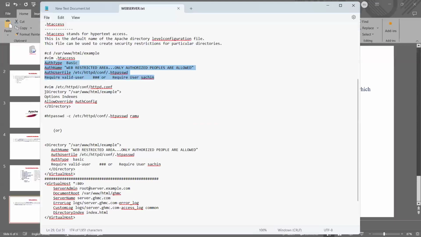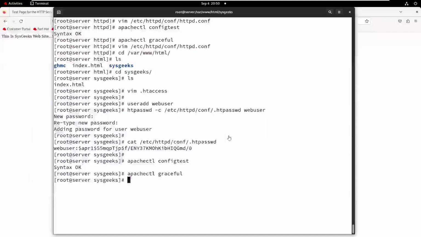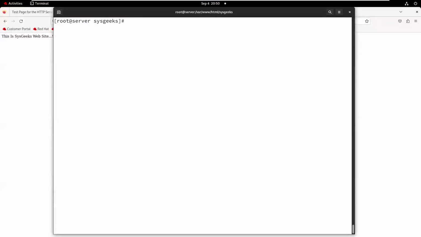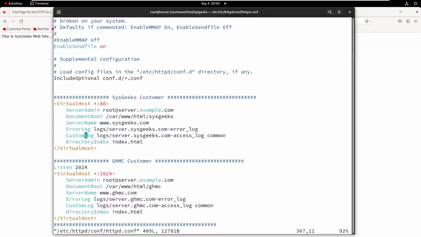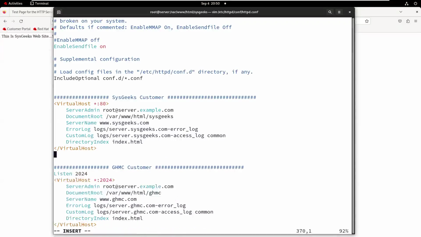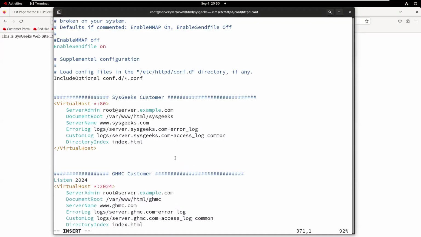Under the httpd configuration file, you need to add another line, meaning which website you want to protect. So again in the configuration file under /etc/httpd/conf/httpd.conf, I want to protect this virtual host, because I want to protect sysgigs. So paste the lines.